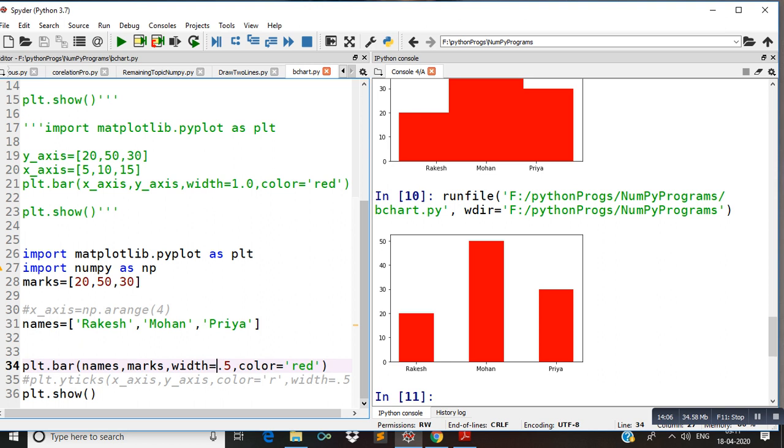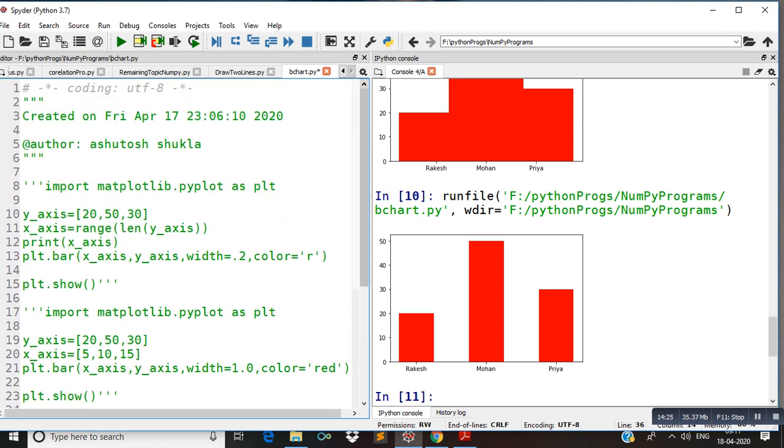In previous programs, as we are using the range function, this can also be given using arange. The arange function can also be used for this, as we have used this function in NumPy, like this: